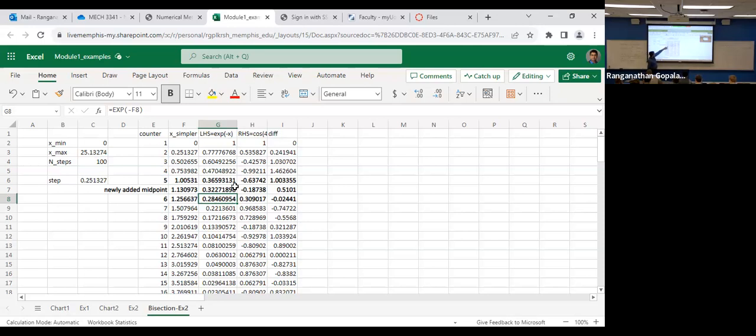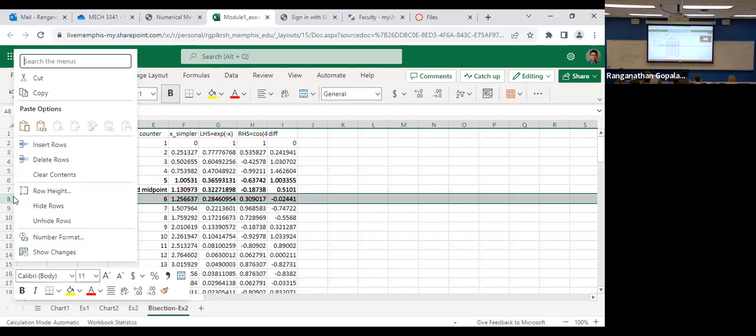Now look at the newly added midpoint and 1.25. Apply the same logic, 0.51 positive, minus 0.02 negative. What does that mean? There is another intersection between the newly added point and the next point, 1.25. Does everybody agree with that? Right? So now we'll add one more row